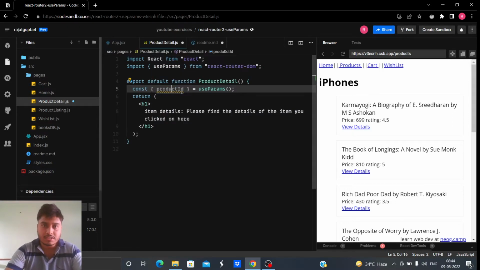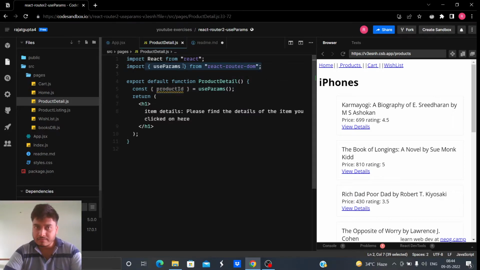So we use the same name here and we get the productID. If you know the useContext hook, this is just a context that is created by React Router DOM, and we are importing useParams from that particular context, and finally we are destructuring it to get the productID. If you don't know useContext, it doesn't matter, just remember this line.